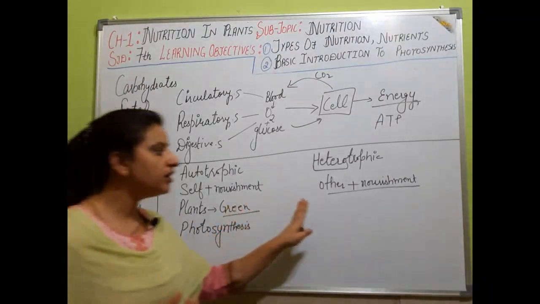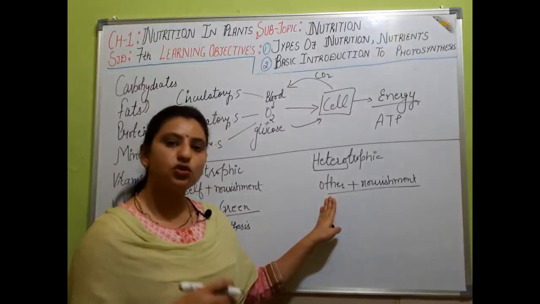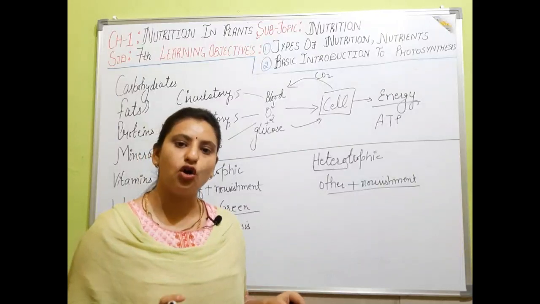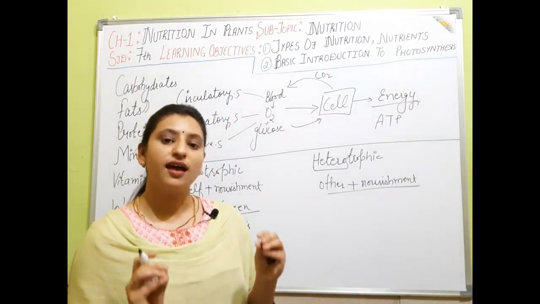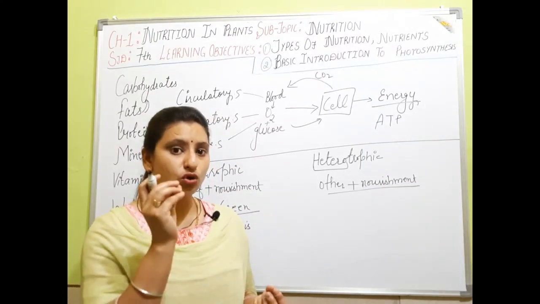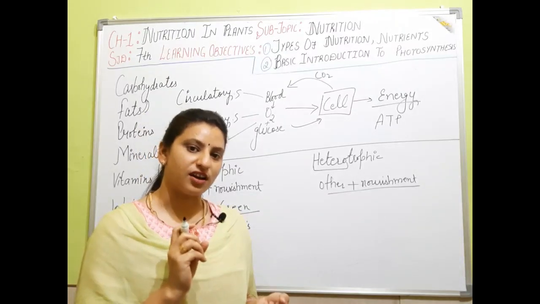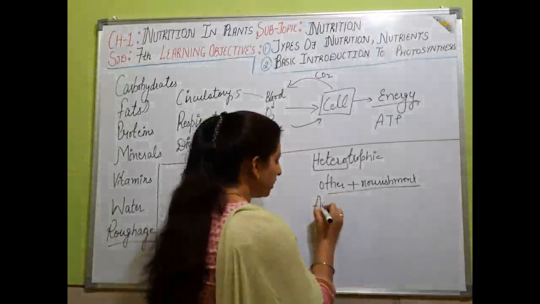Now here in the heterotrophic mode of nutrition, other means those organisms present on earth which are not capable of making their own food. So can anybody guess? Animals, and we humans are also included in them. And one more thing, some plants are also involved in it, and those plants are called non-green plants. So I'll write only animals